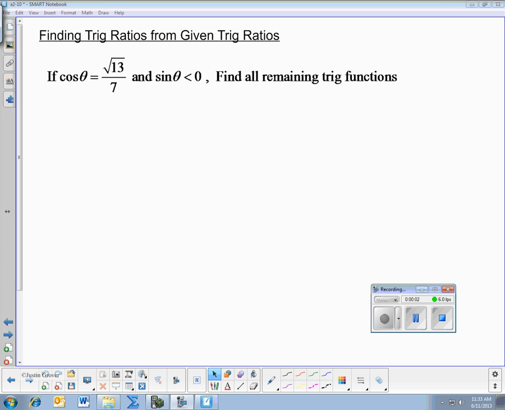Finding trig ratios from a given trig ratio, such as if cosine theta is root 13 over 7 and sine theta is less than 0, find all remaining trig functions. Well, there's a couple things we need to know to be able to do a problem like this. First of all, you need to know that